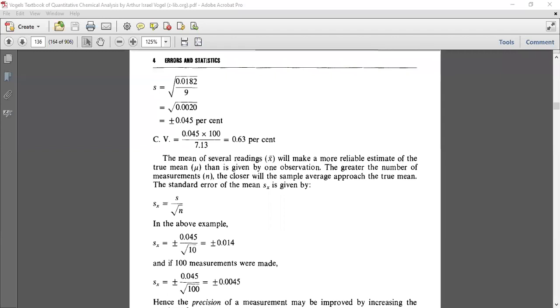Then the fourth one, ciprofloxacin, measuring absorbance and concentrations, to calculate the correlation coefficient value, you have to find the R value. Then look at this problem, the following data was obtained. Use t-test to check whether the true mean concentration of the drug is 100. Given tabulated t is this and this. Then this is about Q value, second problem, Q test. Again, this is about correlation coefficient. Again, this is about pooled F value.